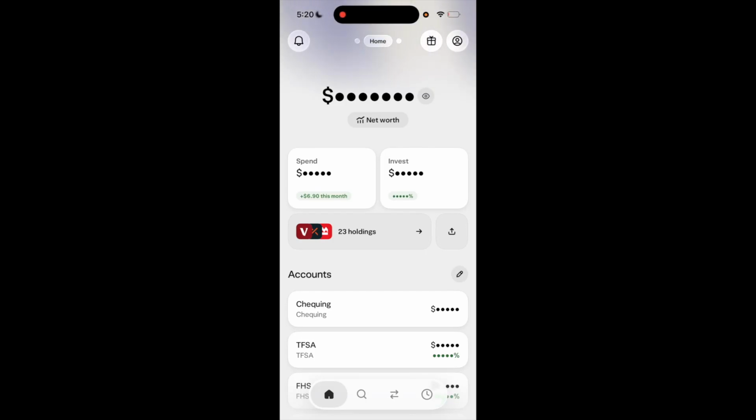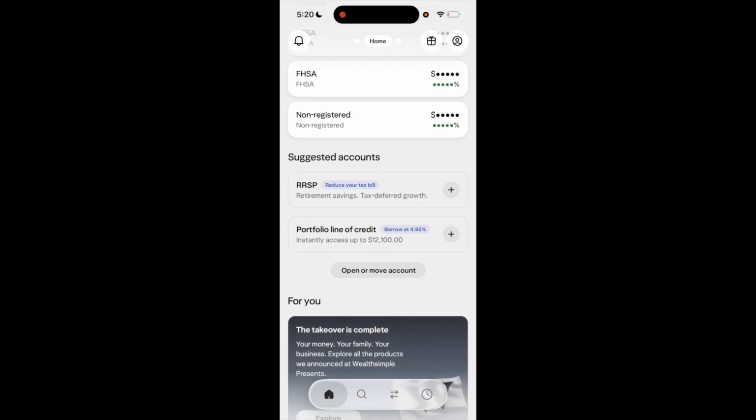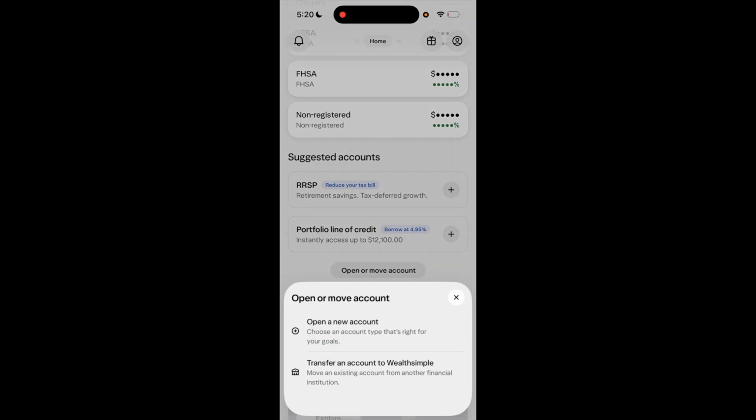So in this Canadian investing tutorial, I will be showing you how to open a business checking account here in Canada using Wealthsimple. Once Wealthsimple is opened up, go to the bottom left, press on the home icon, then scroll down a tad to where it says open or move account, and then select that, and then select open a